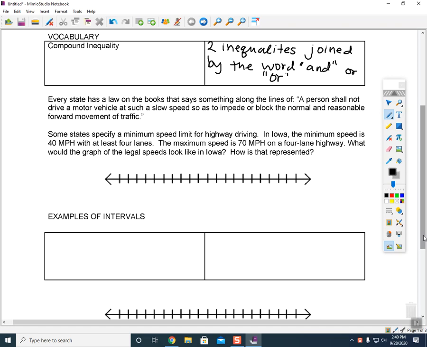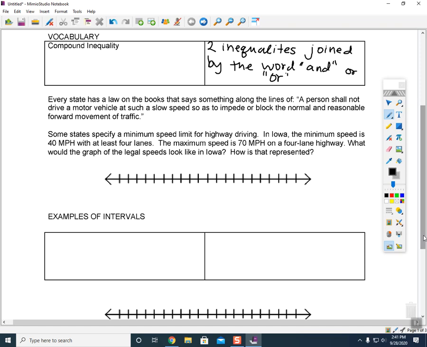So every state has a law that says something along the lines of a person shall not drive a motor vehicle at such a slow speed as to impede or block the normal and reasonable forward movement of traffic. So essentially, don't drive so slow that you're a nuisance. And in Iowa, in highway driving, the minimum speed is 40 miles per hour, and the maximum speed would be 70 miles per hour. So we're going to look at what the graph would look like, and then how we would write that